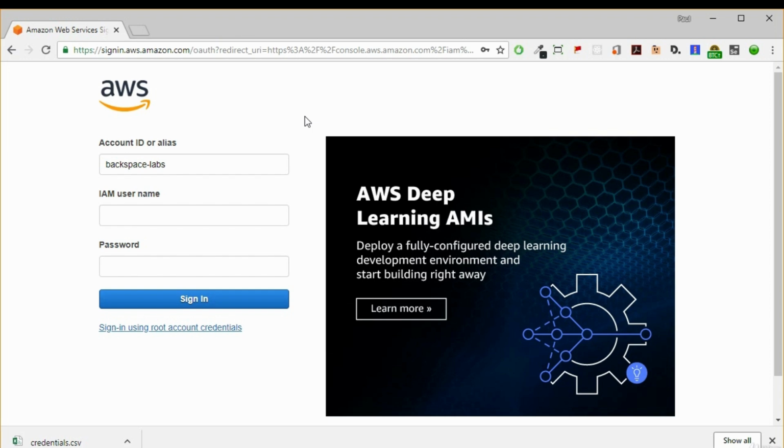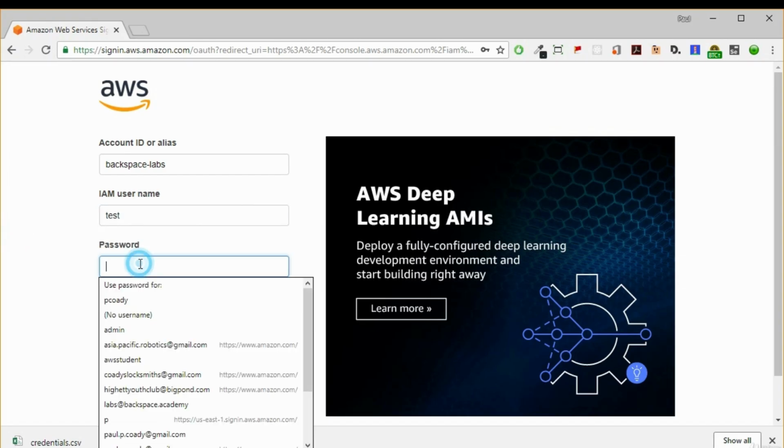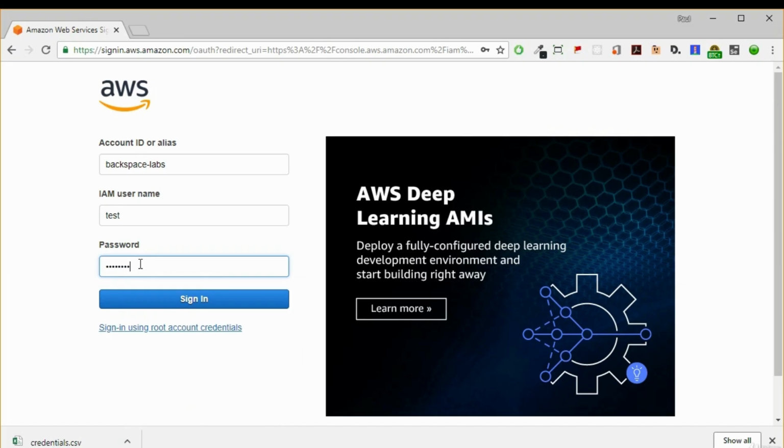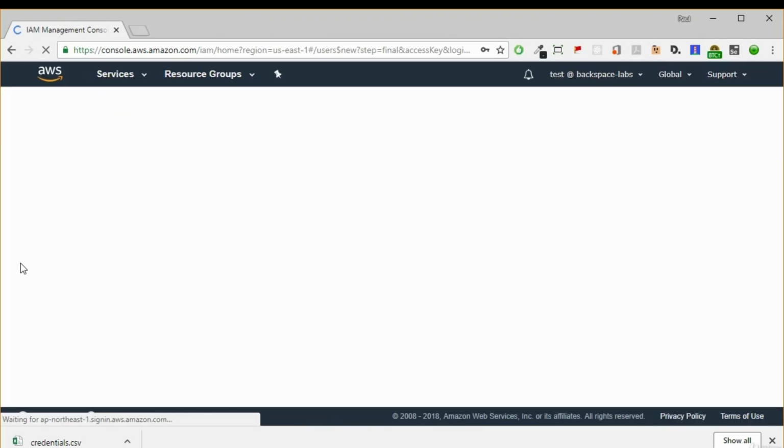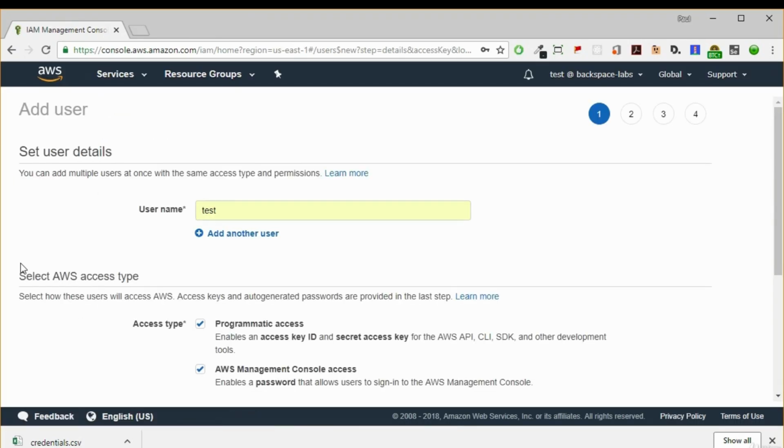You will have your account ID, or if you've created an alias, it will be an alias. I've created an alias for my account called backspace-labs, but you will no doubt just have your account ID there. Put in the name of the user that we created, and then the password we created for that user as well. If we sign in now, we should be able to get in. And there you go, we've signed in back to where we were in the AWS Management Console.